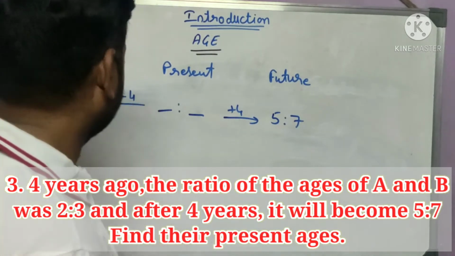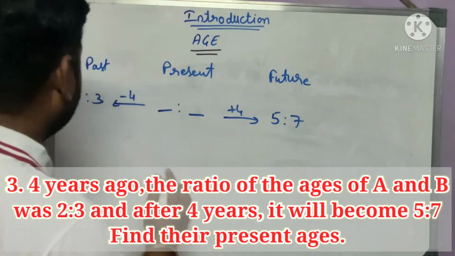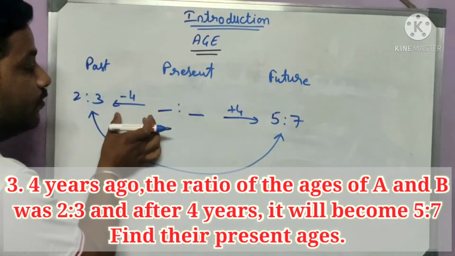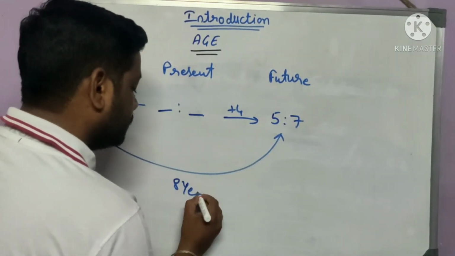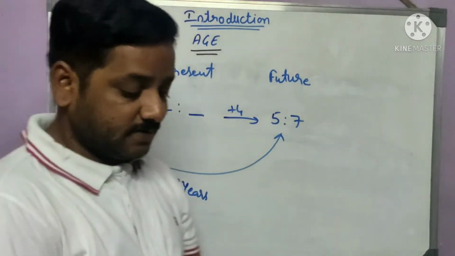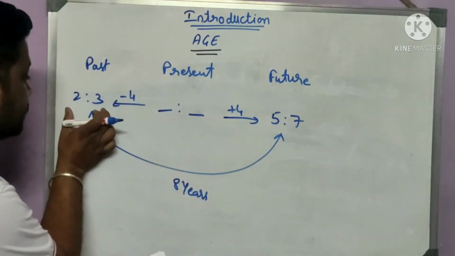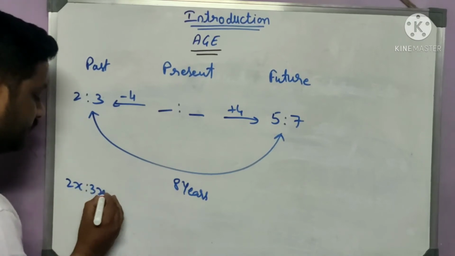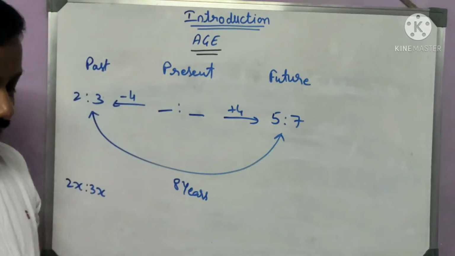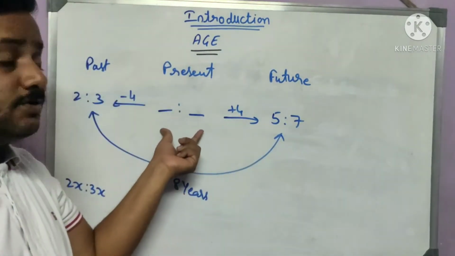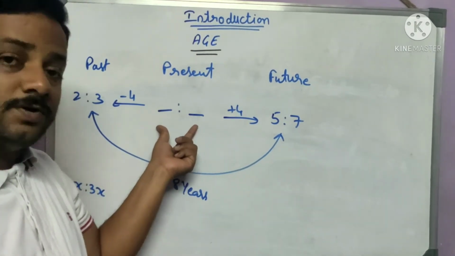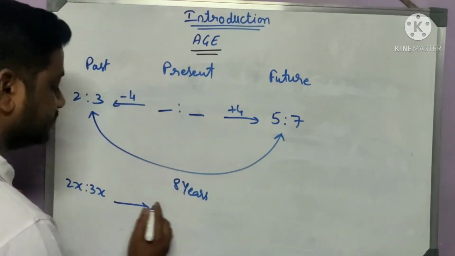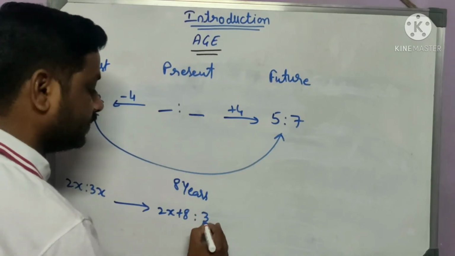So let's try to solve this problem. Here we don't have any present information, but we have information about the past and the future. And what is the gap between these two? It is 4 and 4, so totally 8 years. So totally we have a difference of 8 years. If I consider this as a ratio, then the age at this point will be 2x is to 3x. So after 8 years, because I don't know the present age or ratio, I am considering with the future now. So after 8 years, what happens? Let's write it. After 8 years, this can be written as 2x plus 8 is to 3x plus 8